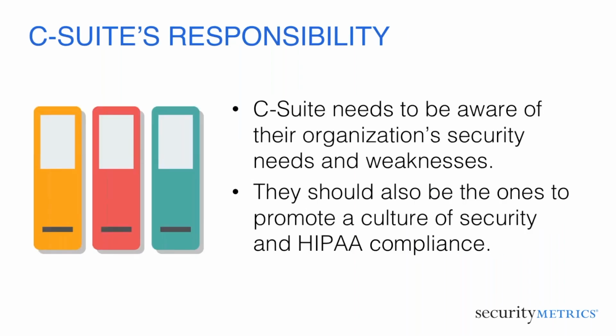Remember to get your C-suite, to get the executives aware and excited about it. You as the compliance officer, you as the privacy officer at your organization need to be promoting that. You need to be making sure that they are aware of the security threats, risks, and vulnerabilities in your organization. And they should be the ones that promote that culture. If they're not aware of the risks, threats, and vulnerabilities,